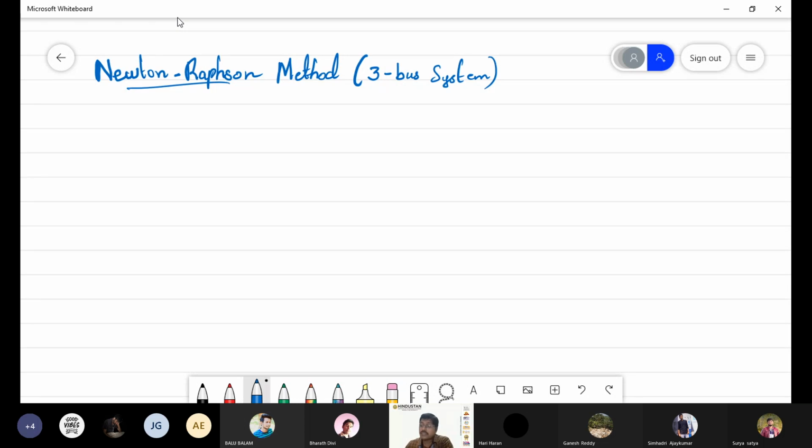So some given values are there. Especially in any type of load flow solution, there should be some given or input values. Depending upon the input values only we can go through that. Normally they will give two sets of data: one is the bus data, and another one is the line data. From the line data, you need to find the Y bus, the admittance matrix, and from the bus data you can find the various load flow parameters like the real power, reactive power, voltage and phase angle.